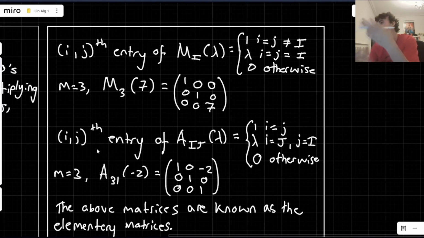All you need to know in practice is that you can effectively take the identity matrix and perform this elementary row operation on it, right? Which makes sense, because if this is going to be a matrix that scales up the third row of any 3 by n matrix by 7,